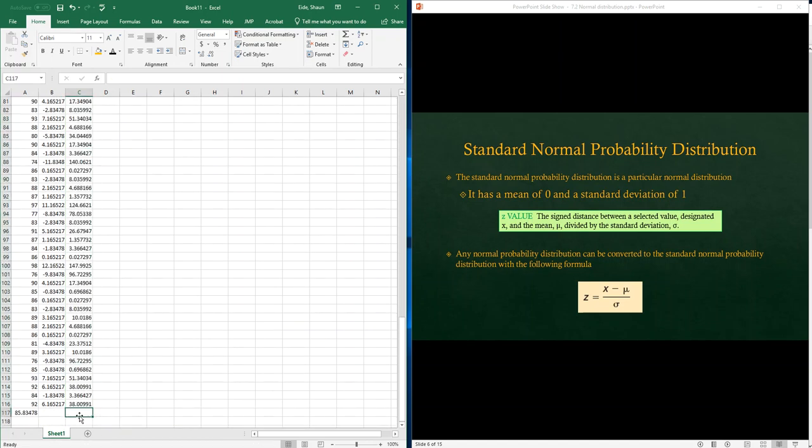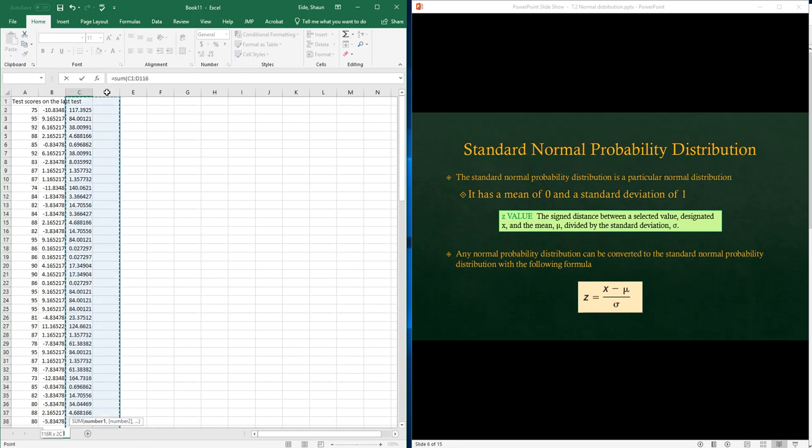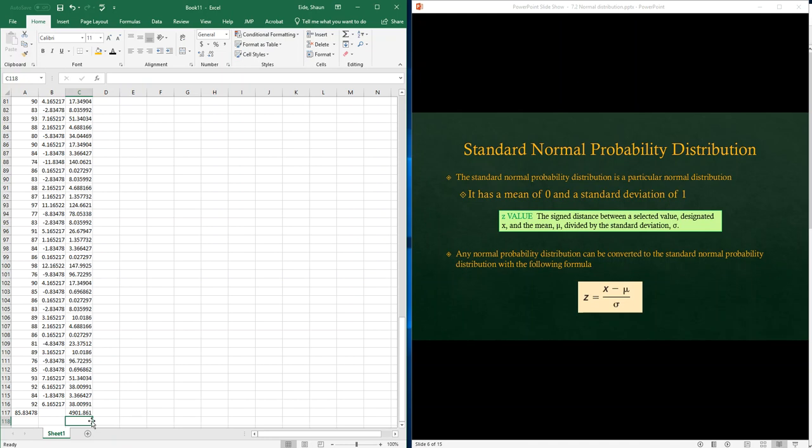And then we do equals sum. And for this particular situation, this happens to be the entire population. So there are 115 in this population, so equals divided by 115, and that gives you the variance,